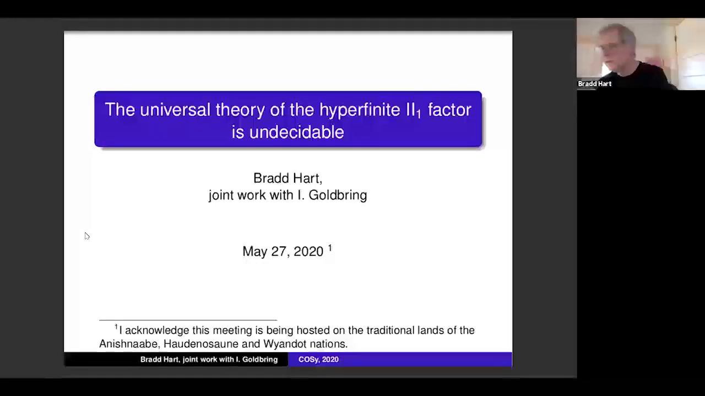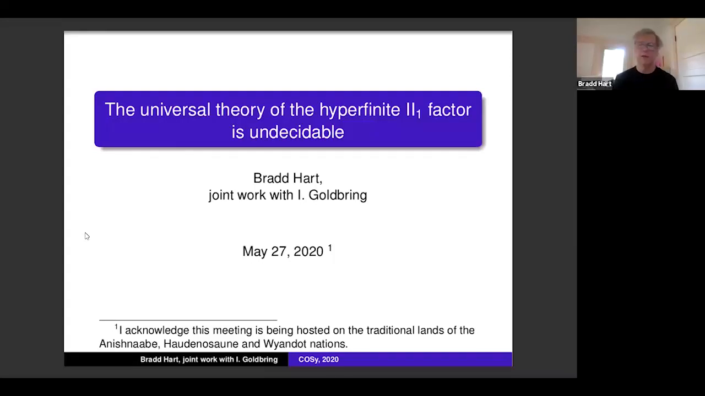Okay, so this talk is... I was realizing that it's been a good 10 years that a group of us have been thinking about theories of 2-1 factors, going back to papers of Ilias and mine with David Sherman, and Isaac Goldbring's been involved, and Thomas Sinclair. I apologize for all the co-authors that I am not acknowledging. There's a long list, but this has been an ongoing project,